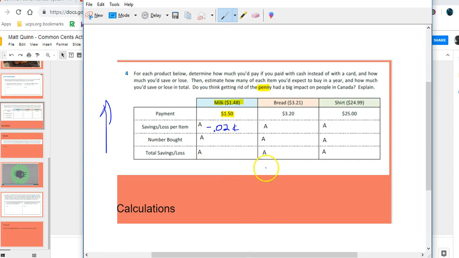Well, then we said, well, how many gallons of milk do we buy in a week? If you bought 2 gallons of milk, then obviously we'd be losing 4 cents. We had one student, I think she had a bunch of brothers and sisters. They were buying 5 gallons of milk per week. And so what we did was we said, okay, so you can add them up. That's easy. But if you've got 5, this would be the number we would plug in here. And then we just simply multiply that number times